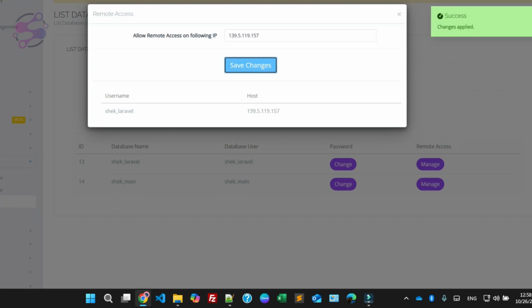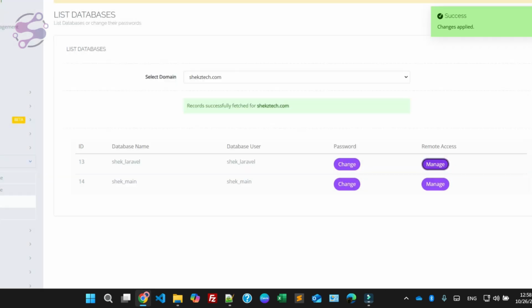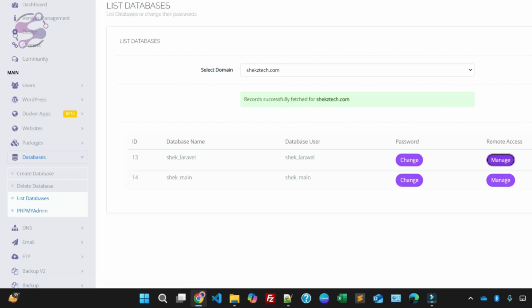I'm using this particular IP address. Make sure this is a dynamic IP address. When I restart my system, I will have a new one. So in this way, you can access it remotely. I have already created these two. So how can you import the databases? Just